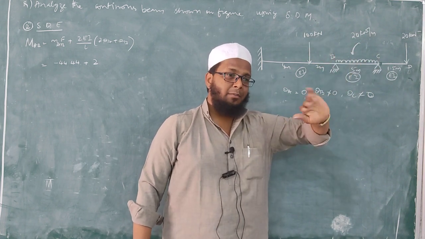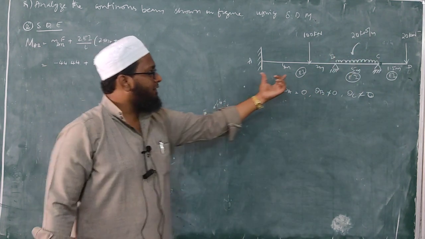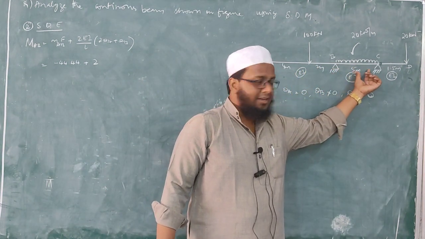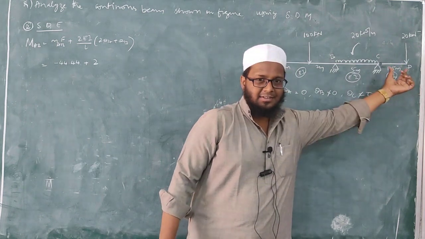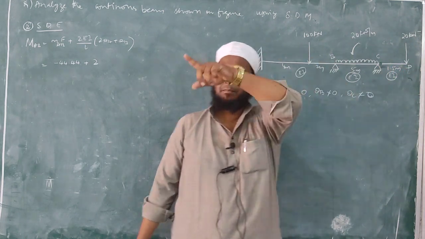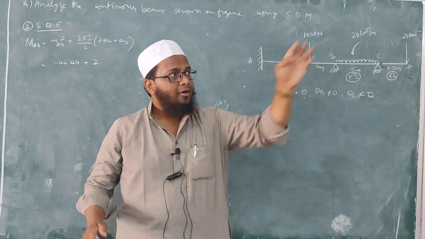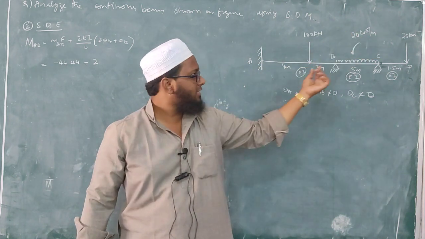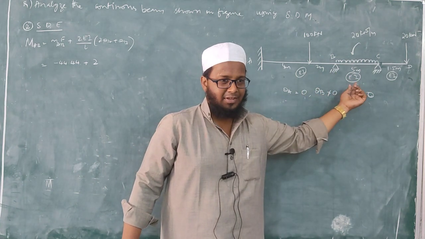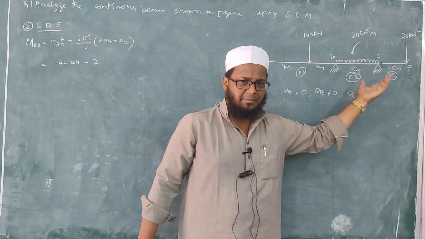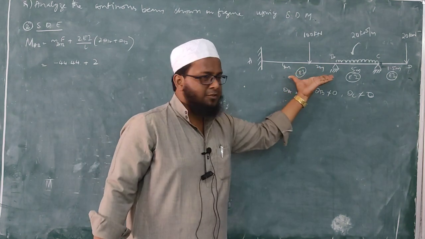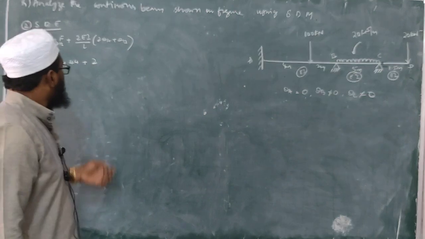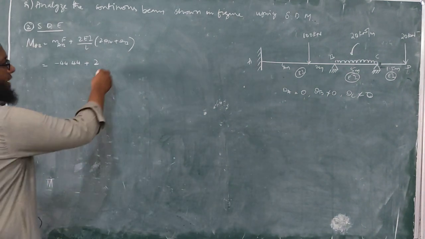Sometimes you might have seen that the depth of one beam will be more and the depth of another beam will be less, and the depth of this beam will again be less. Many times it will happen. The depth of this beam will be more when compared to the outer beam. You can see outside, this is 2I, this is EI only. If the span is more, then the depth will also increase. Alright, so this is your EI, the same.